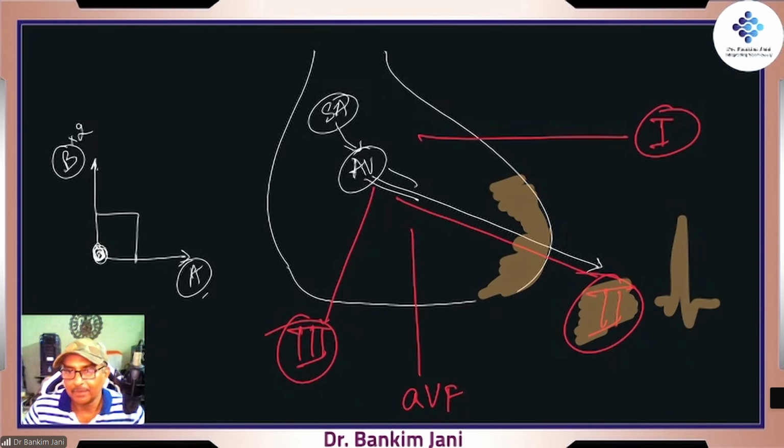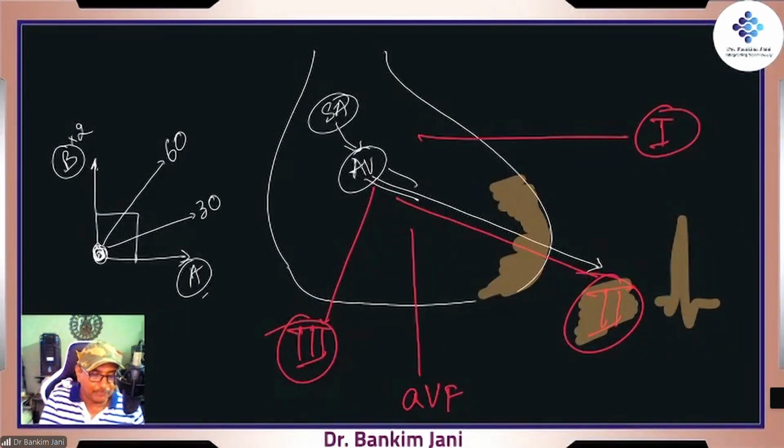Okay, Shweta, think again. So this would be 30. Okay, more than 45, it will incline towards B. Now you are all coming to it correctly. This would be 60, correct? Because if I take this to be B,